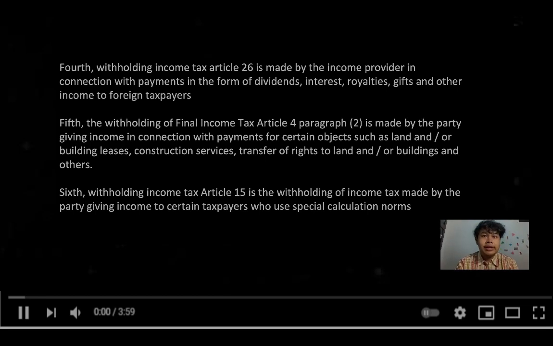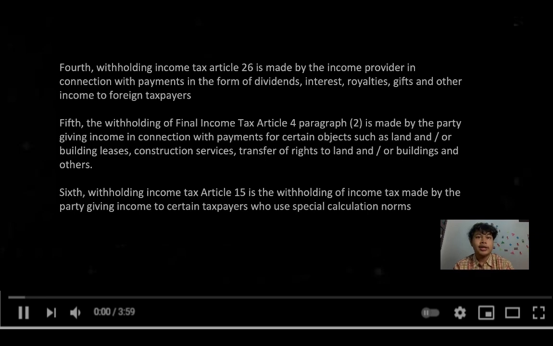Sixth, withholding income tax Article 15 is the withholding of income tax made by the party giving income to certain taxpayers who use special calculation norms. Certain taxpayers are international shipping or aviation companies, foreign insurance companies, oil, gas, and geothermal drilling companies, foreign trading companies, and companies investing in the form of build-operate-transfer. Corporate taxpayers are appointed to withhold Article 15 income tax, while individual taxpayers are not appointed to withhold Article 15